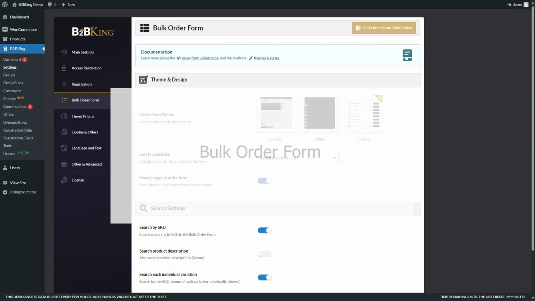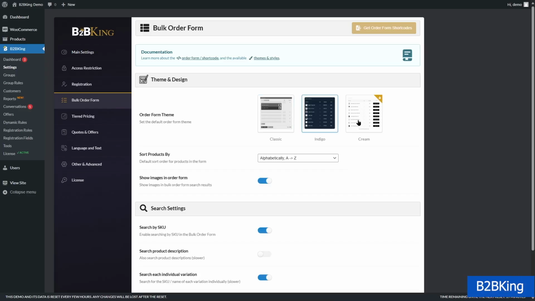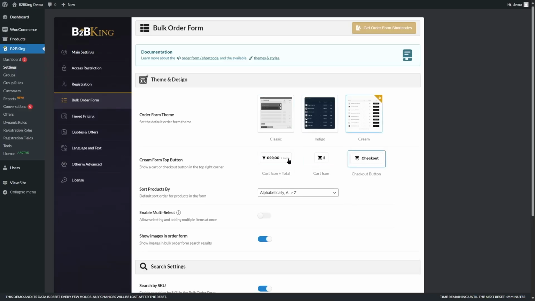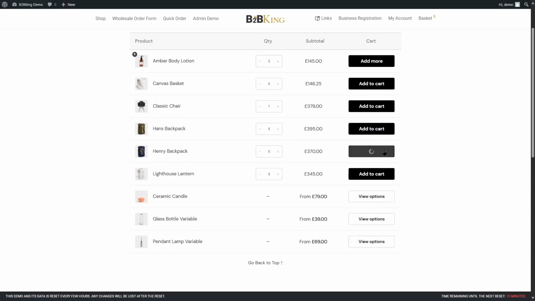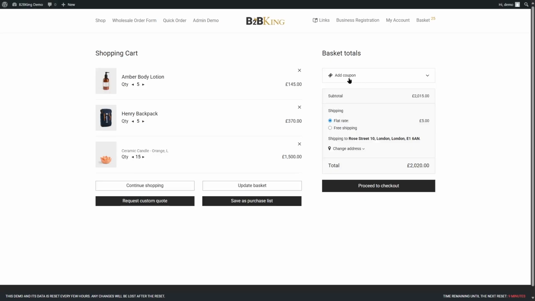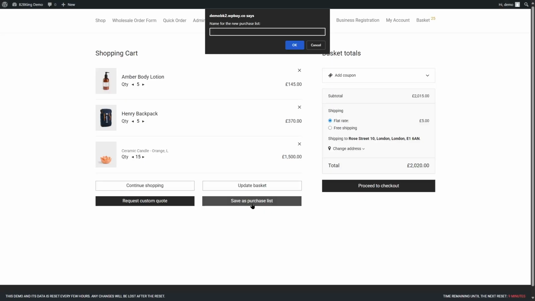Now let's talk about bulk ordering tools. B2BKing includes a powerful bulk order form where users can search, filter, and add multiple products to cart at once. This is very helpful for regular customers who know what they want and want to save time. There's also a quick reorder feature for reordering past purchases, which is great for business clients who restock frequently. The form can be customized by group and even embedded anywhere through shortcode. This boosts productivity and